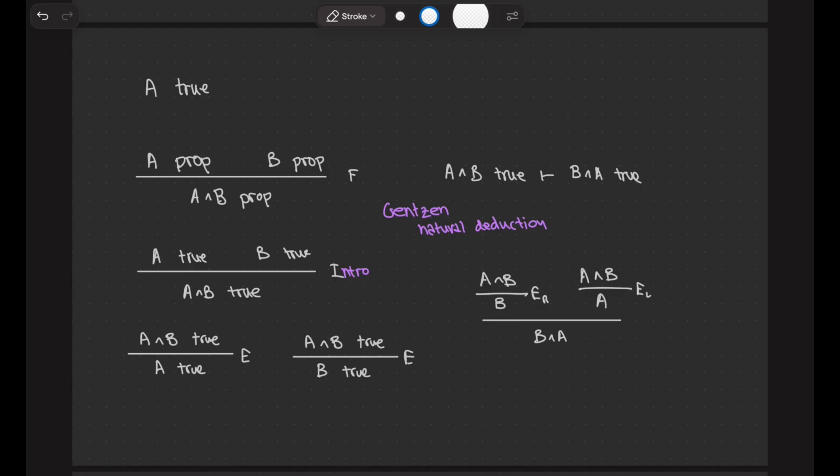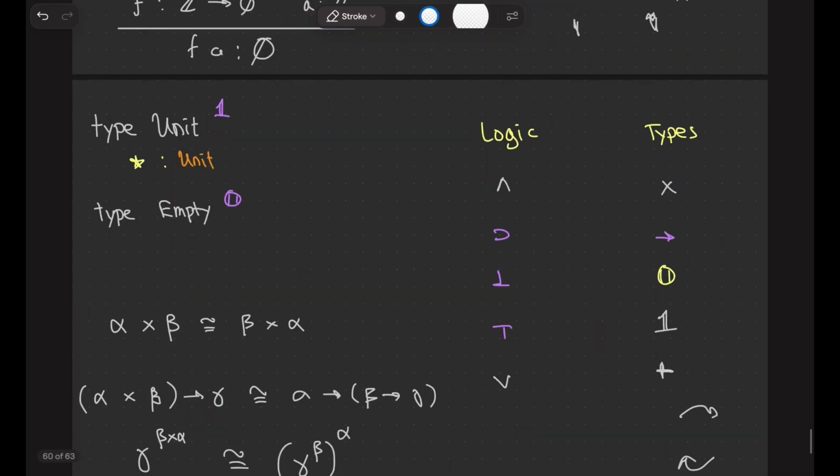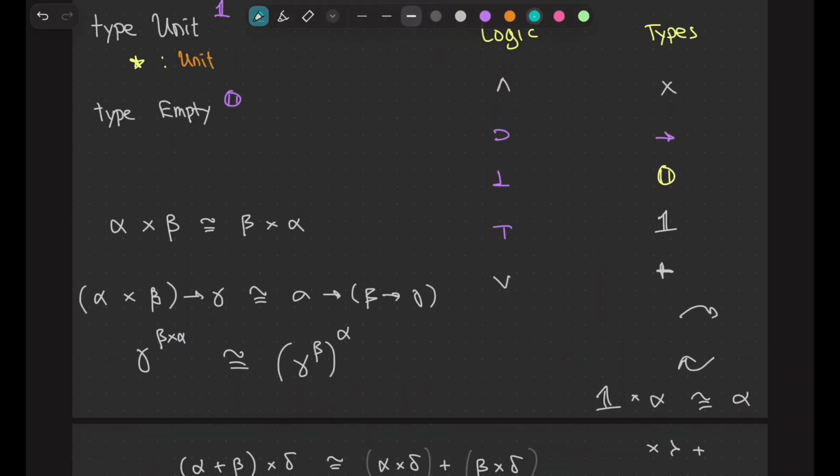So, this is the logic equivalent of the product of types. Am I missing something, or do I have for each thing I have something? And yes, from the logic side, we don't have the for all and exists. Okay, so this is another thing that's missing, but I was not there yet. This will be rather challenging, more challenging than the other ones. For all and exists, and there is one.